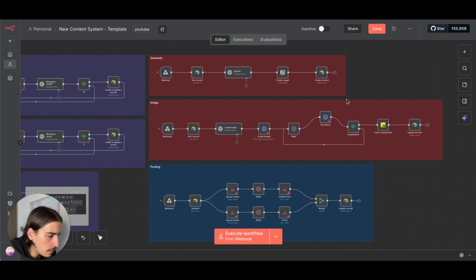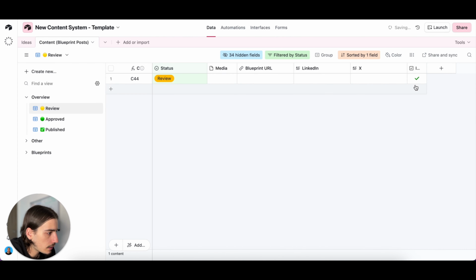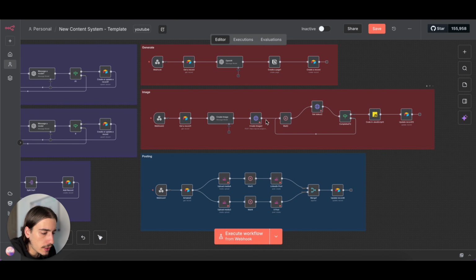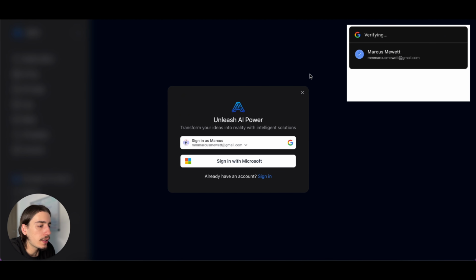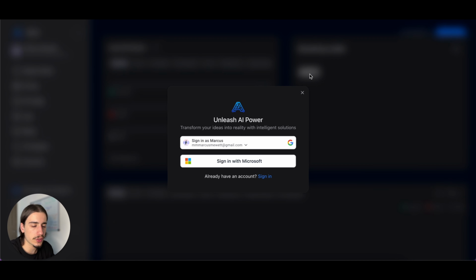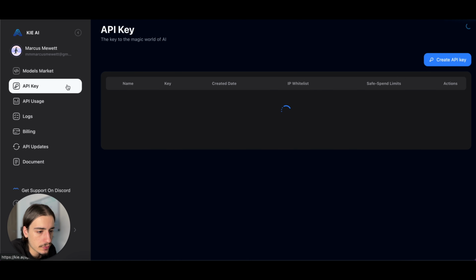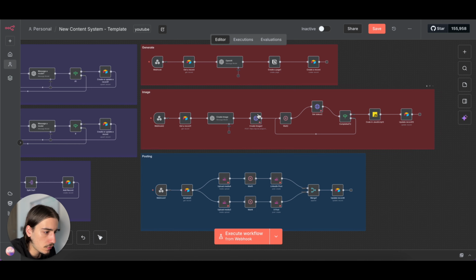So moving on to the image section now. This image workflow is going to fire when we hit this image button. We're going to be using Kai or Key AI. I've used this on the channel before. Head over there and create an account and then deposit just $5. The minimum amount will be completely fine for this, and then head to the API key page, grab your API key, come back over to these HTTP request modules